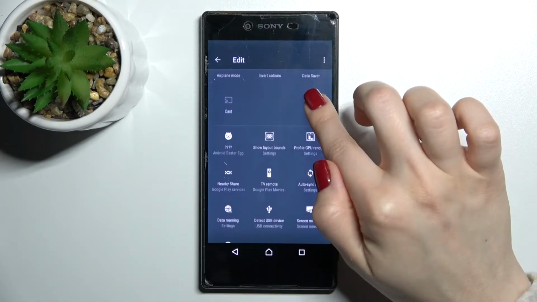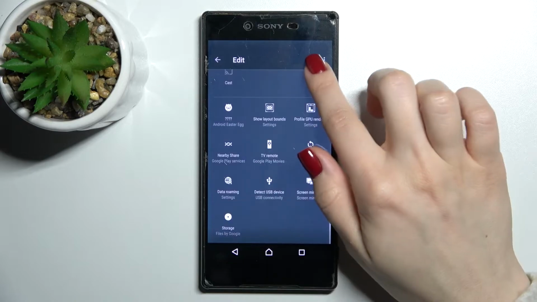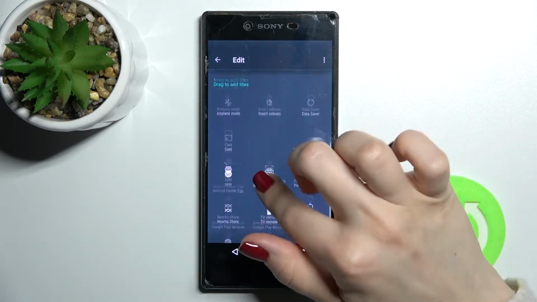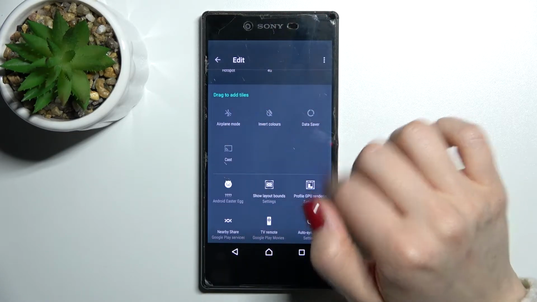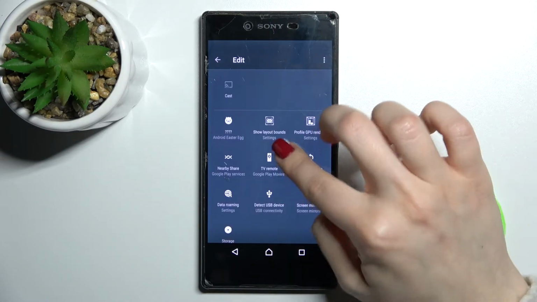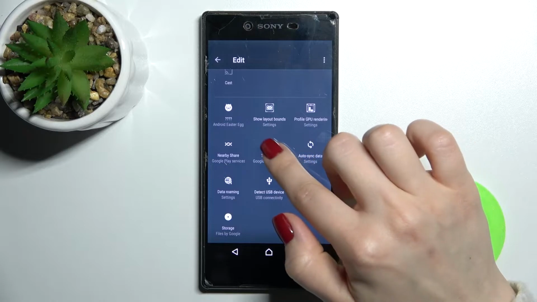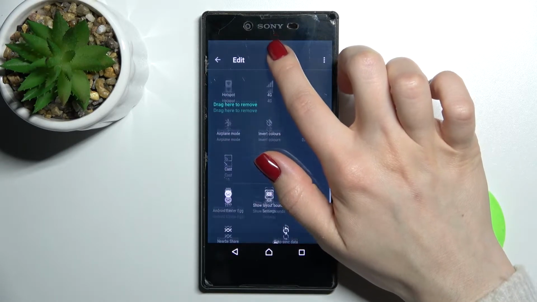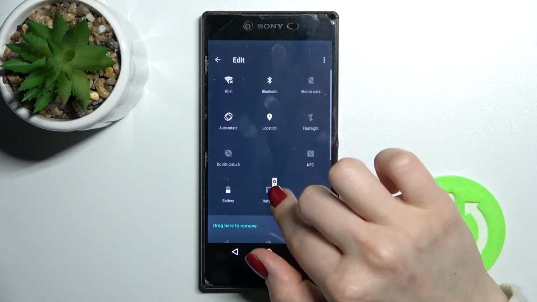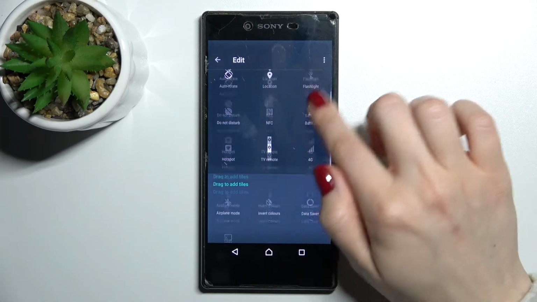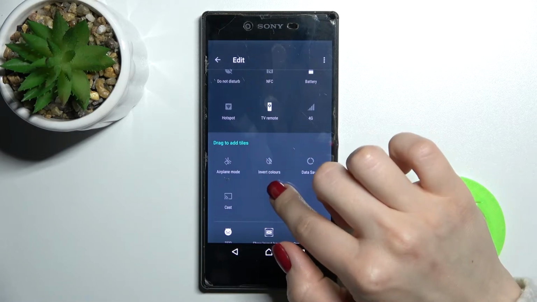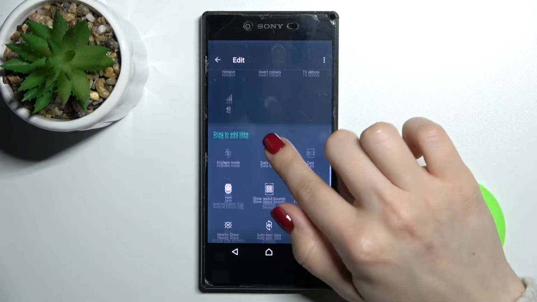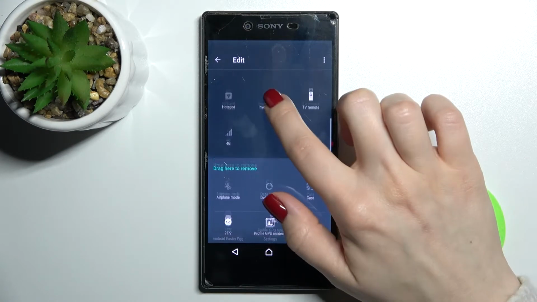panel, and this down section with these icons, they are just hidden, and any one of these icons you can add to your notification panel. How to do that? That's really easy. You just hold this application for a while and drag it to this upper section, for example here, and the same way you can add one more, or two or three more icons,